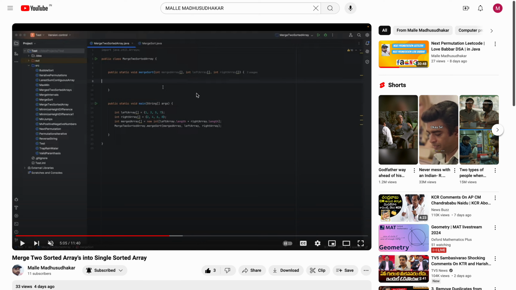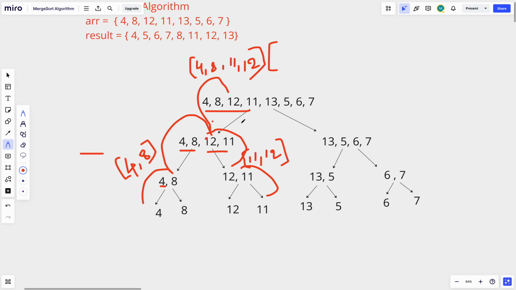So simply we will reuse this code. Okay, now we have the two sorted arrays, so we can keep the two sorted arrays into one single sorted array. After keeping them into a single sorted array: 4 8 11 12. Okay, up to here we are clear, right? So now,